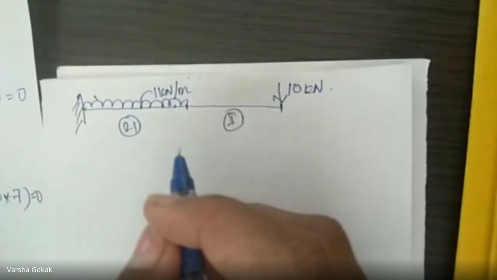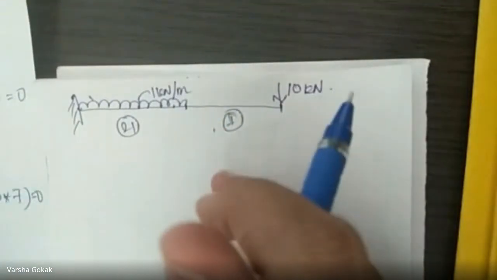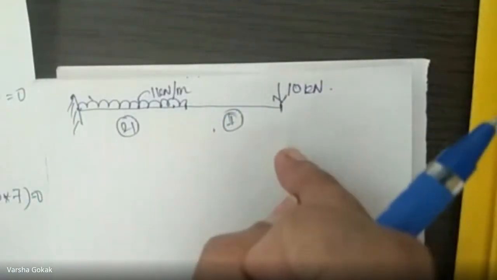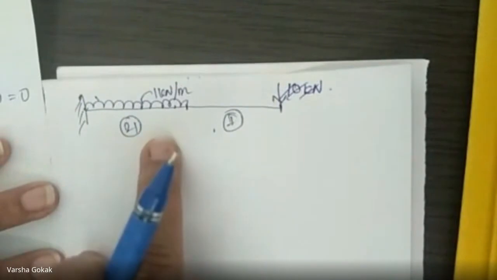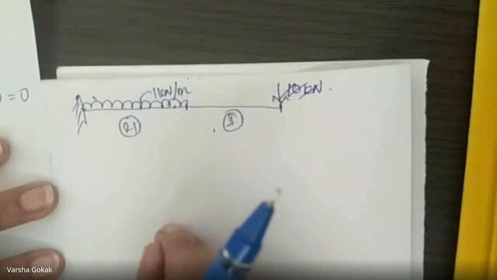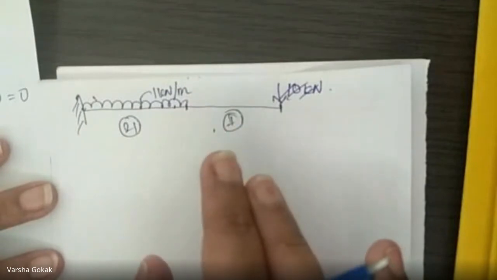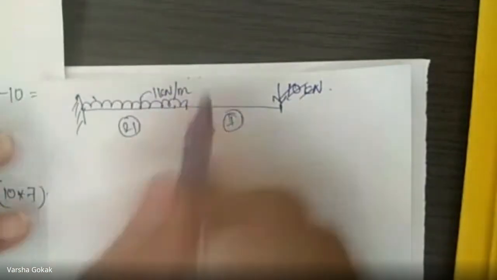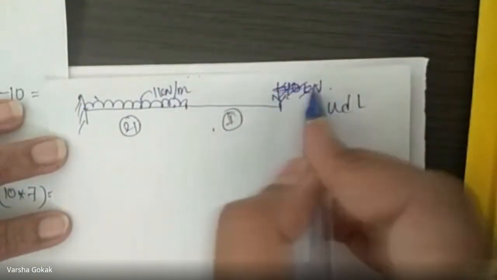Now, when I'm drawing, you can draw two figures. One would be for the point load, one would be for the UDL. We'll draw the next set of diagrams for the point load, because in the conjugate beam I have to separate the loads, or else it would be a confusion. So first I am taking only the UDL, so I'll not consider the point load.